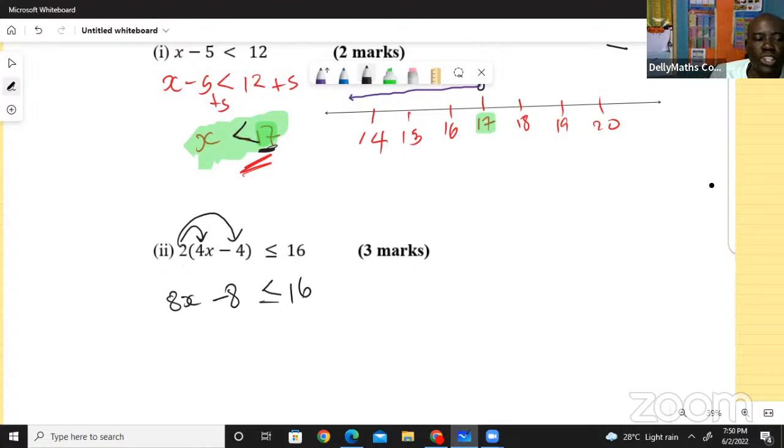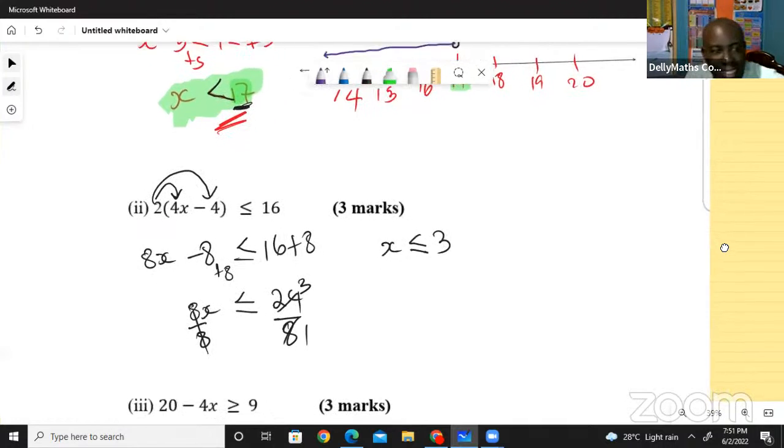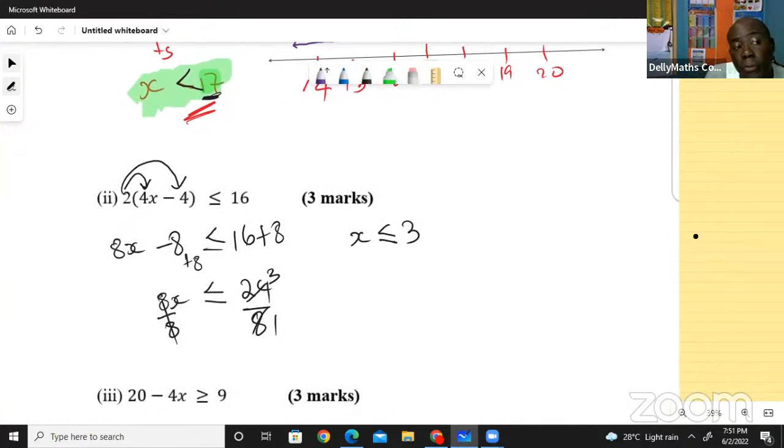So what we want to do is just add 8 to both sides. Look, you're adding 8, you're balancing by adding 8. So now you end up with 8x less than or equal to 24. So you could see what's going on. The x you need, so you divide by 8, and divide the other side by 8. Come on, everybody. 8 into itself is 1, 8 into 24 is 3. What do you think we have? X is less than or equal to 3. Now you could watch this over to see what we get. No problem. X is less than or equal to 3. That's fine. Now we're going to represent that on the number line. So when you get your answer, the